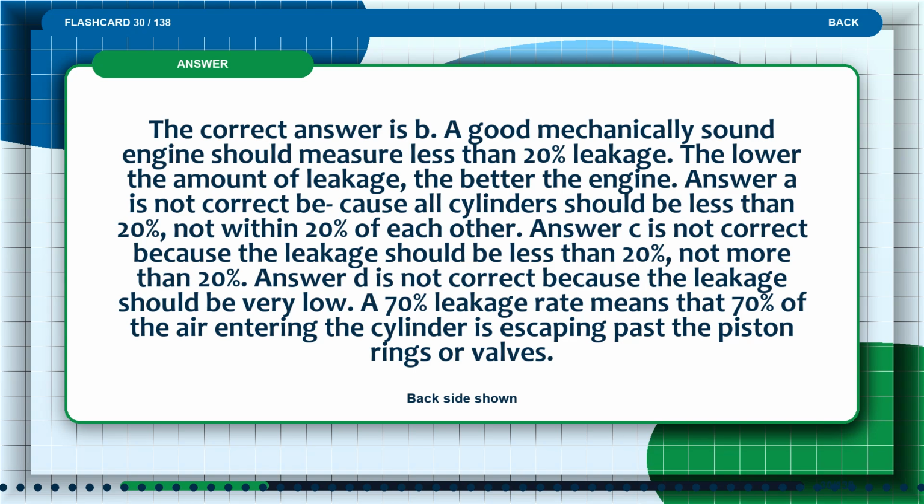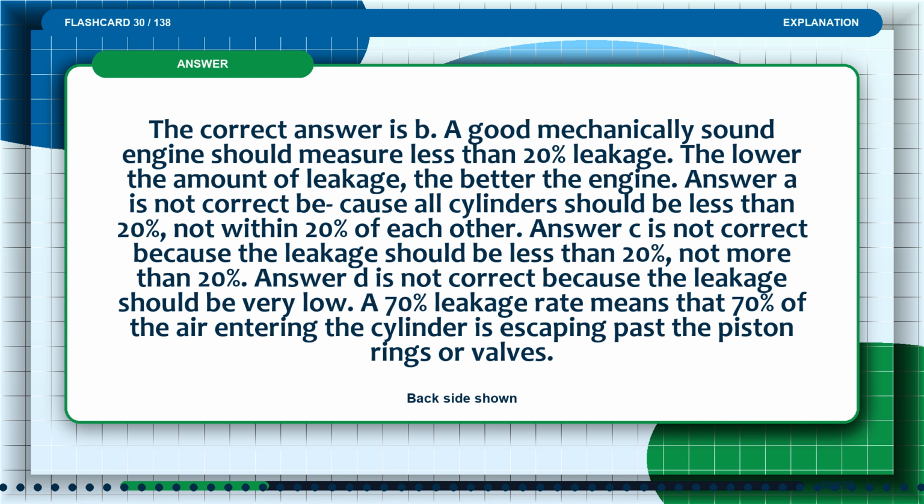The correct answer is B. A good mechanically sound engine should measure less than 20% leakage. The lower the amount of leakage, the better the engine. Answer A is not correct because all cylinders should be less than 20%, not within 20% of each other. Answer C is not correct because the leakage should be less than 20%, not more than 20%. Answer D is not correct because the leakage should be very low. A 70% leakage rate means that 70% of the air entering the cylinder is escaping past the piston rings or